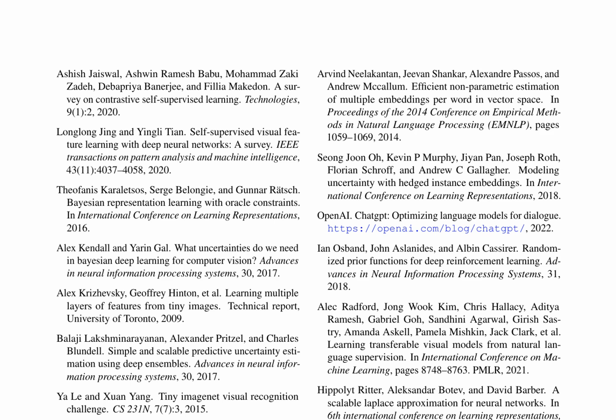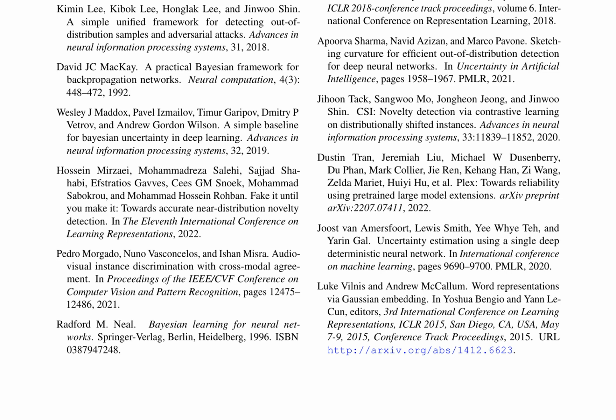Another key area of research is Bayesian representation learning, which aims to model uncertainty in the learned representations. This approach integrates principles from Bayesian inference to quantify the uncertainty associated with the model's predictions. By accounting for this uncertainty, models can become more robust and adaptable to unseen data. Uncertainty estimation is another crucial aspect of machine learning research. It involves quantifying the model's confidence in its predictions, allowing for better decision-making and risk assessment. Techniques such as deep ensembles and Monte Carlo dropout are commonly used to estimate uncertainty in neural networks.